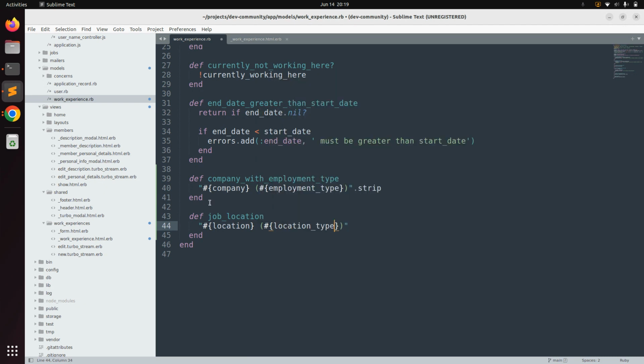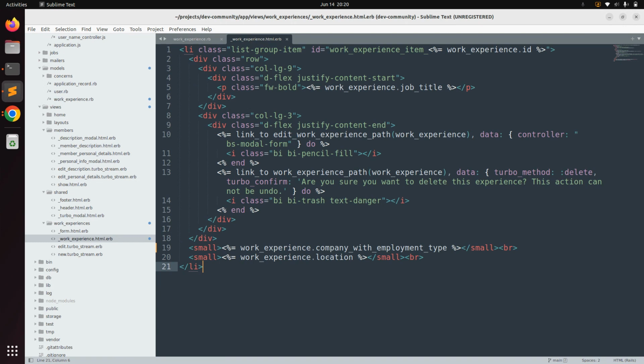Save it and call this job_location method on the partial, where we are calling work_experience.location. So here we need to use job_location, I mean invoke this method on the work_experience instance,